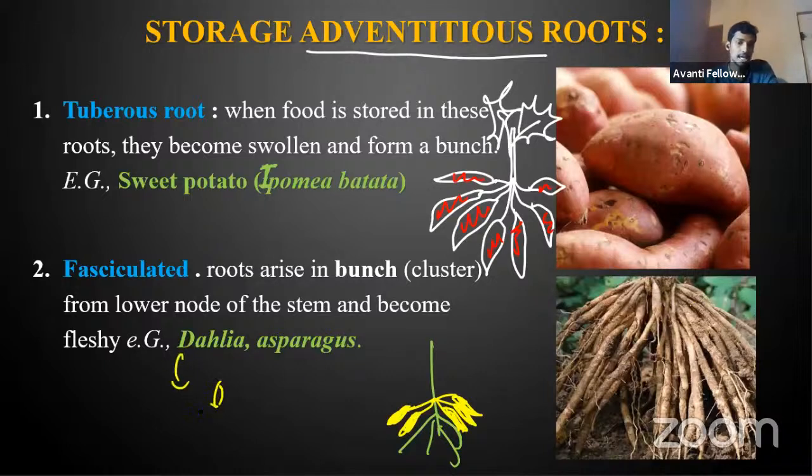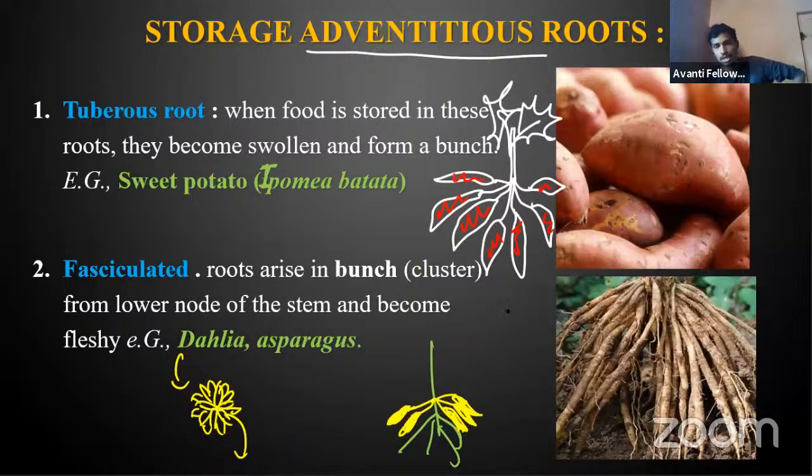Dahlia. Dahlia is a flowering plant. We normally call it dere flower, and some of you also call it bettadavare. I will show the picture next class if it's possible. Try to find the picture of dahlia. And asparagus